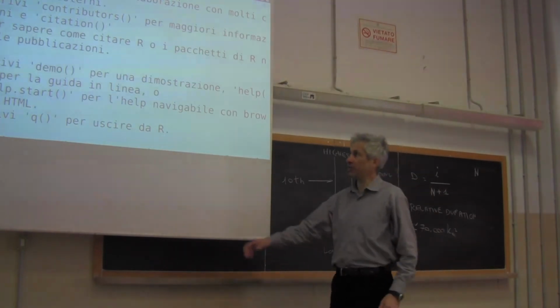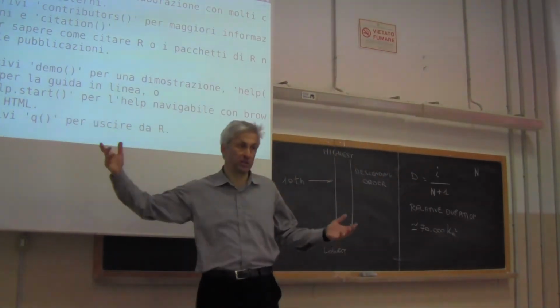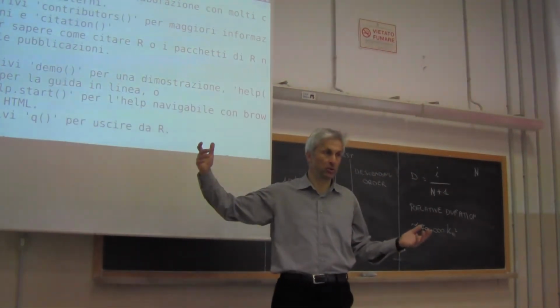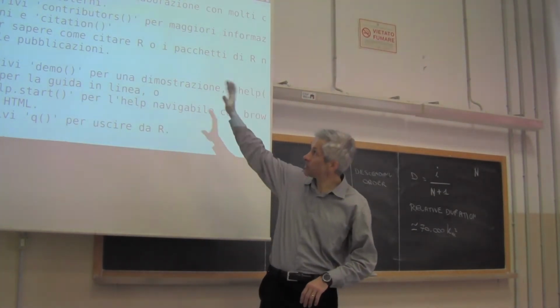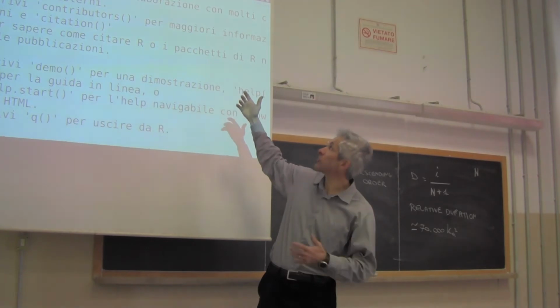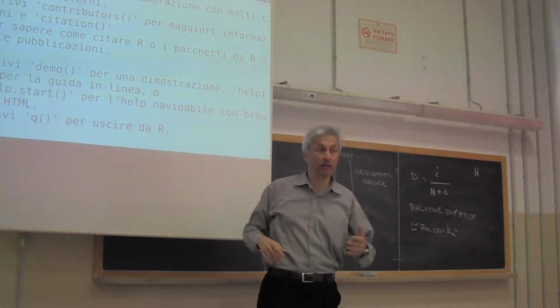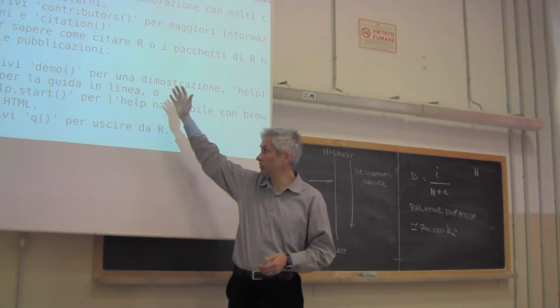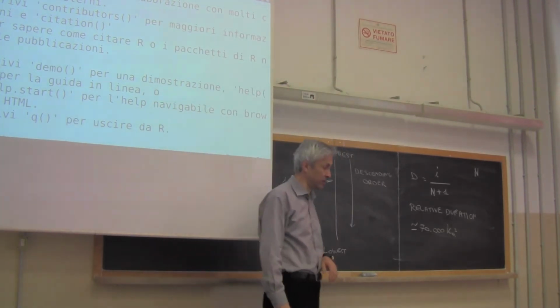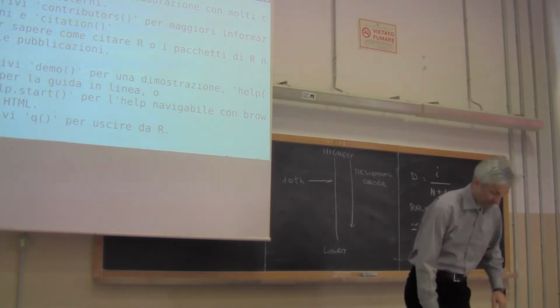So you should get some writing like this. It's in Italian in my case. I'm sorry for that. I tried to install it in English and I was not successful. I don't know why. So basically you see that R is a project of collaboration with many external contributors, etc. And you see a list of sentences. At the end of the story, you get,